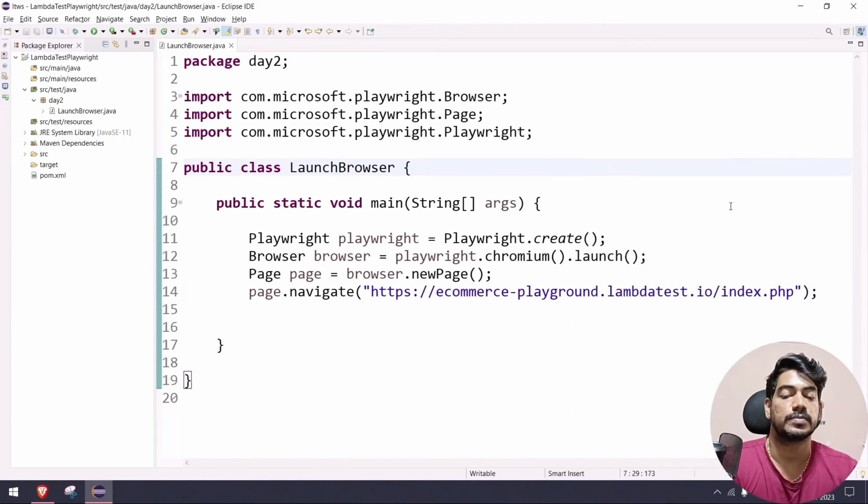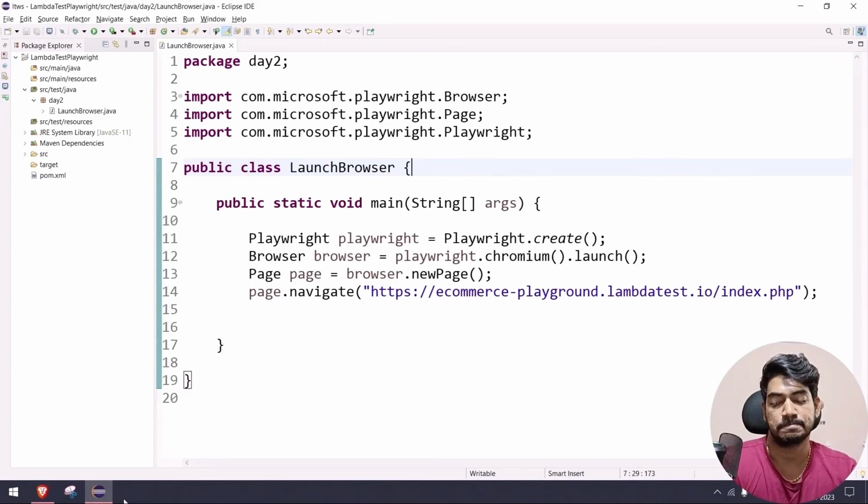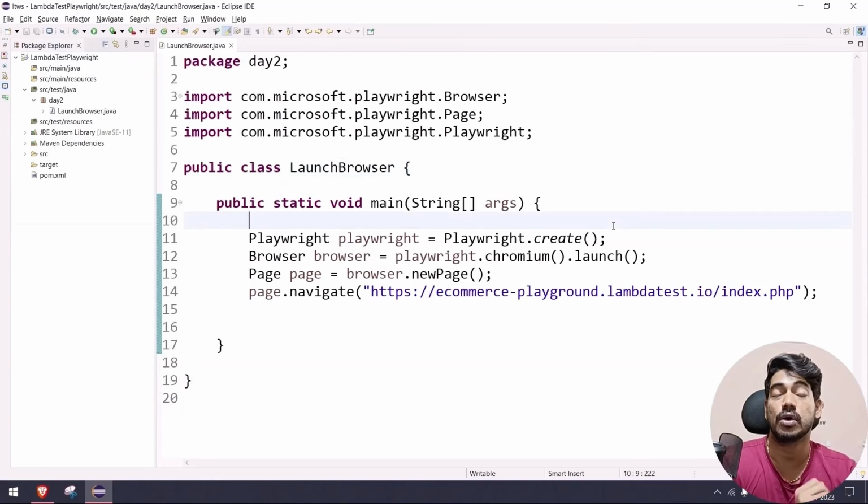If you see here, the program is going to execute and it will launch this particular website as well, but you cannot see any kind of browser in our taskbar or even in the console. So if I go to this console, you can see the program is running actually, but there is no stop or no output. Why? In the sense that by default Playwright runs all the tests in headless mode, so we have to bring the head mode. That means we want to see the